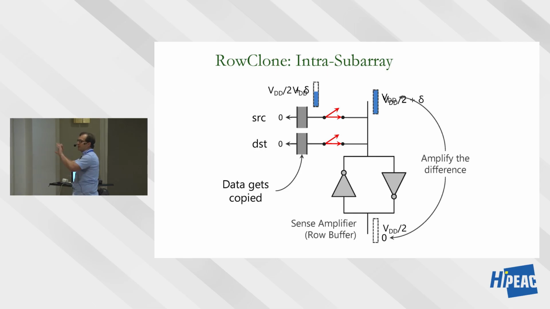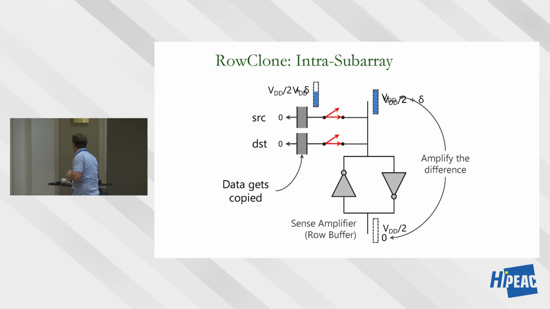We're looking at 1 bit. We're not looking at all the 4 kilobytes. This is happening concurrently in the 4 kilobytes, but let's take a look at 1 bit. And this is a sense amplifier. It amplifies the charge, basically, whatever it detects over here. So initially, the bit line is VDD over 2, it's a reference voltage. You activate the source row, which connects the capacitor to the bit line, which perturbs the bit line. And the bit line gets perturbed, sense amplifier gets enabled, and sense amplifier amplifies the difference. It basically senses that, oh, there's VDD, high voltage in this source, and there's low voltage on the other end of the sense amplifier. We're going to see that later on.